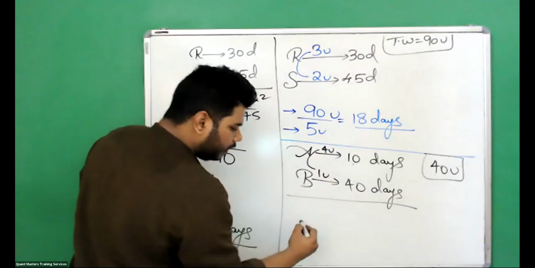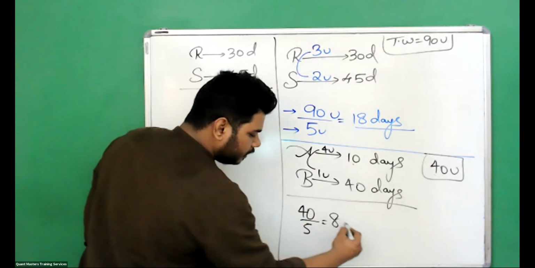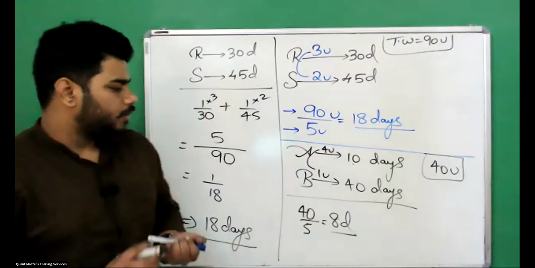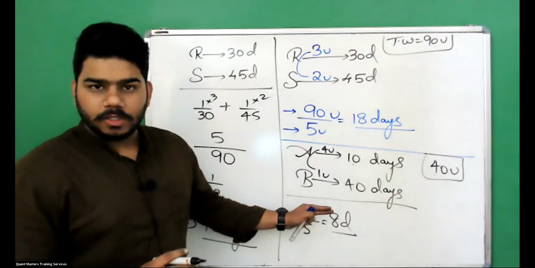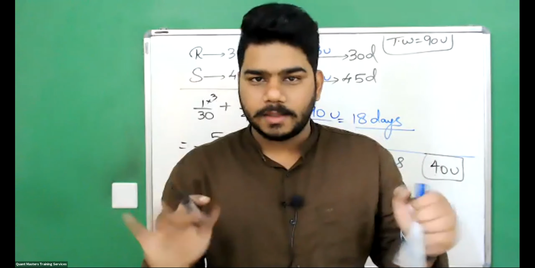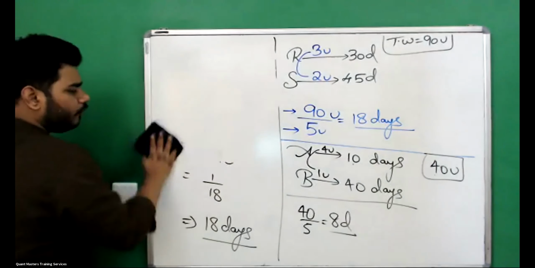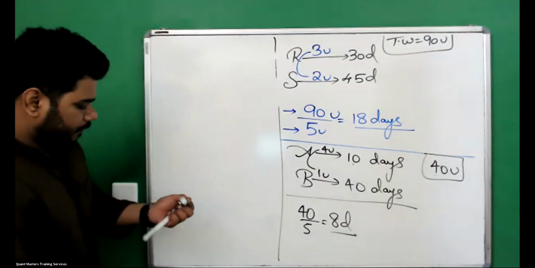Sir, together if they work, they're completing 5 units, and to complete 40 units, they'll take how many days, sir? They'll take 8 days. Sir, advantage of this method, no, if I'm good at LCM, I can do these sums without even touching the pen. Now I'll give you one more example, okay? Let us see how fast we will be able to solve.